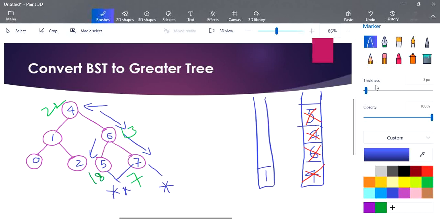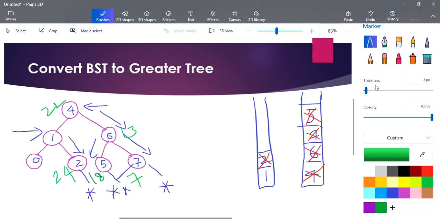So once we enter the value of the node, we are checking whether there is a right node. Yes, there is a right node. We are going to put 2 here. Again, we are checking, is there a right node to 2? No, there is no right node to 2. So we are going to pop. So once we pop 2, it is going to add with our sum. So now our sum becomes 24.